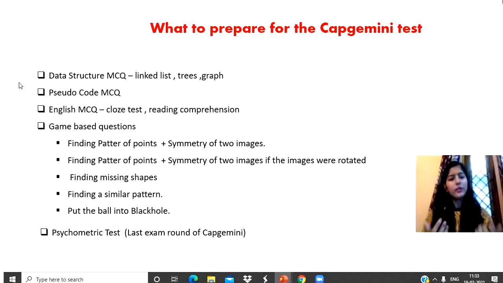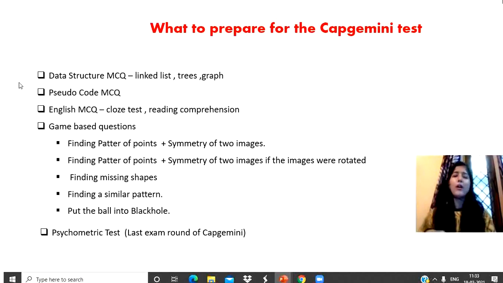And for clearing this round, what you can do is practice as many questions as possible, as many tricky and puzzle questions as possible. This is what you can do to be prepared for this round. For this round, there is no need for any theoretical practice. It is all about how good your logical thinking is, right? So this round only needs practice. So practice as much as possible. Practice tricky questions, puzzle-type questions, missing series kind of questions, right?